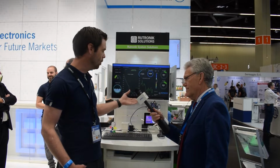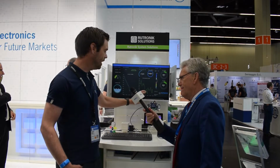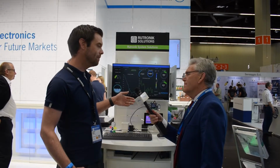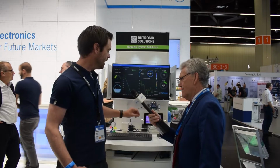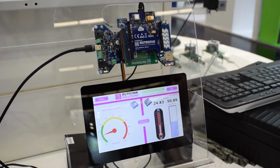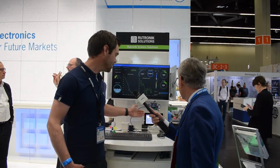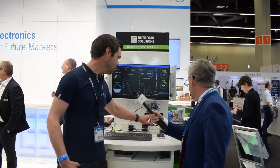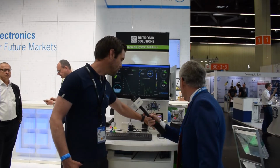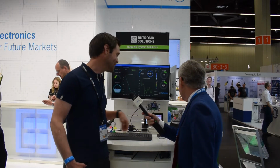So, for example, to show that you can give a voice output for sensor values or sensor data, or we show how to combine the sensor data for environmental sensing, for air quality sensing, and we even added a display, also from one of our suppliers, to show the sensor data on this display. You can see, for example, the VOC sensor from Sensirion, and we even have a comparison of the different CO2 sensors from Infineon and Sensirion,